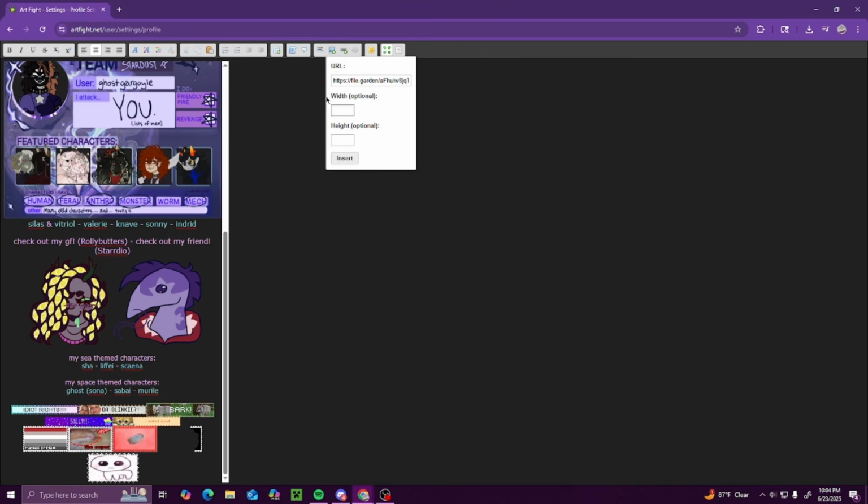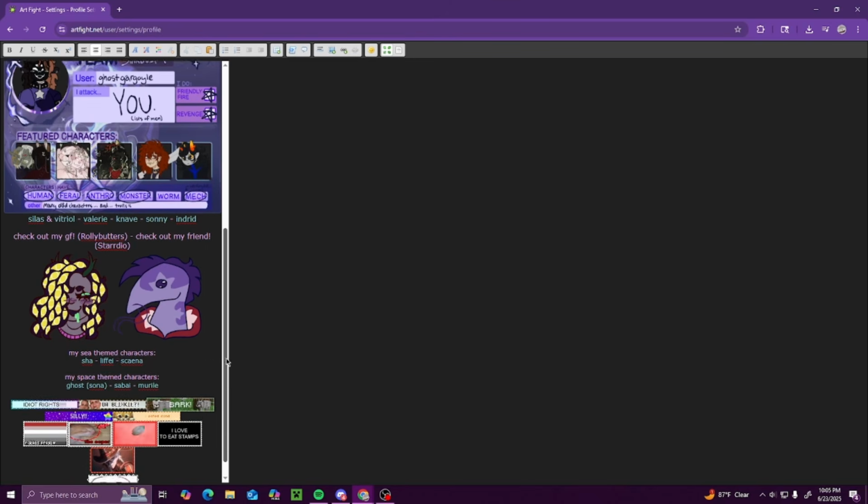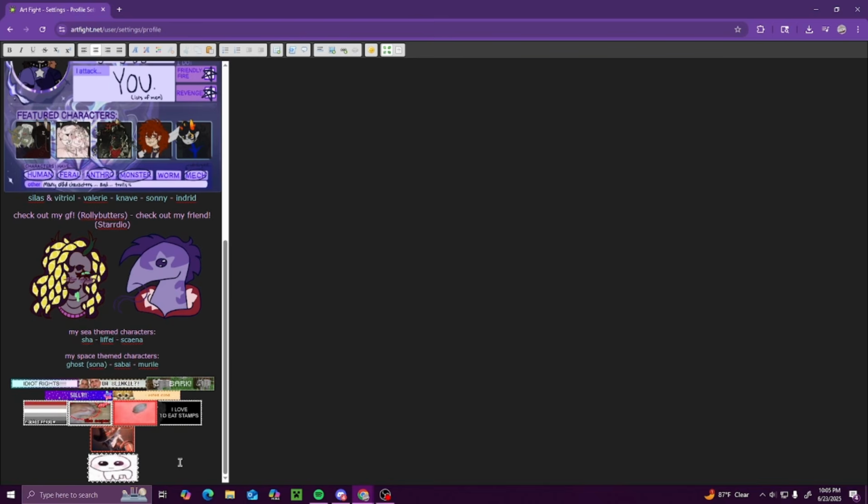You can change its width and height if you so choose. Otherwise, it's going to be the same size as whatever its original size is. Insert that. Normally stamps stay the same size, so you don't have to worry too much about changing them. And then there we go. We have the image inserted. So that's how you insert images. Let me go ahead and show you with